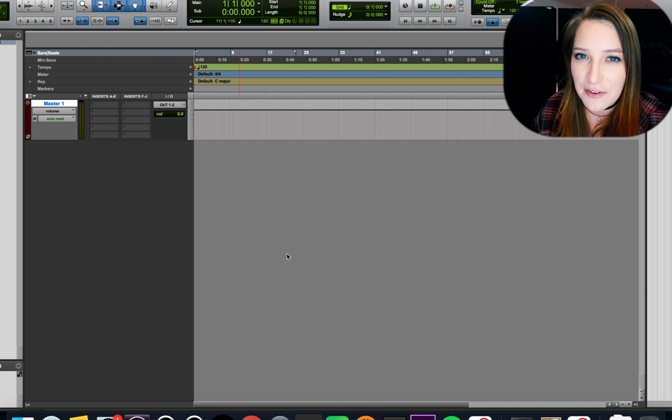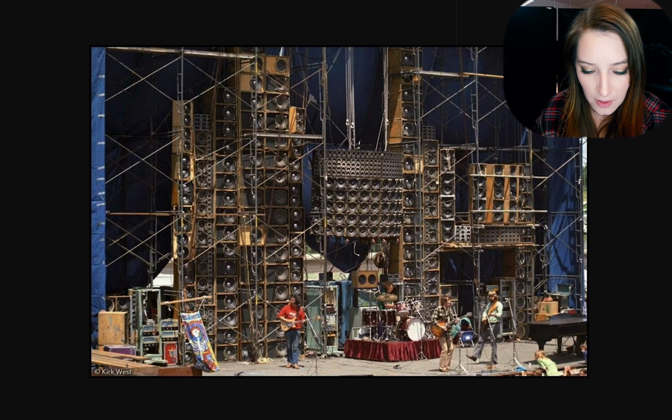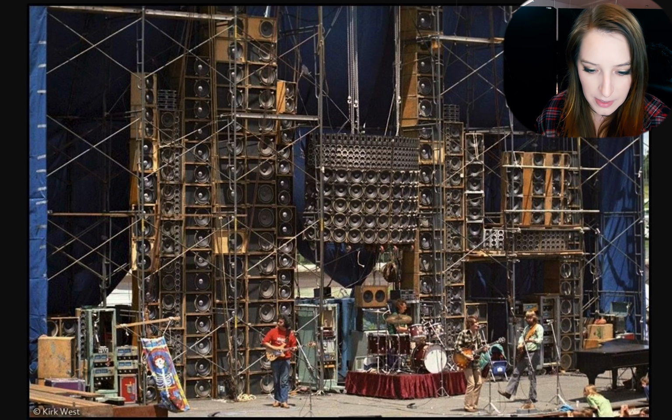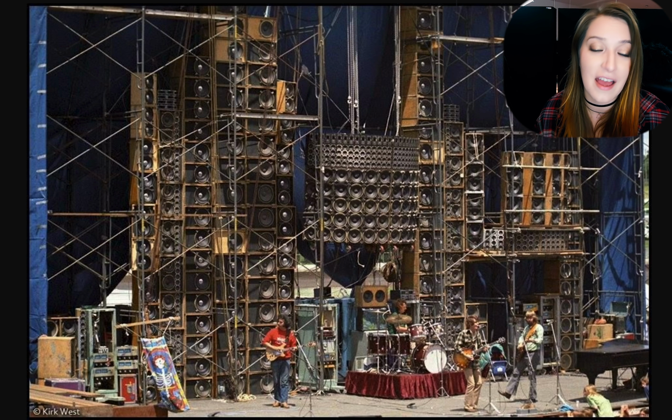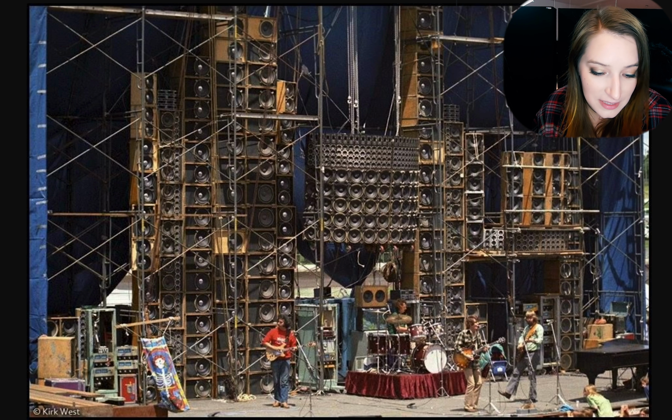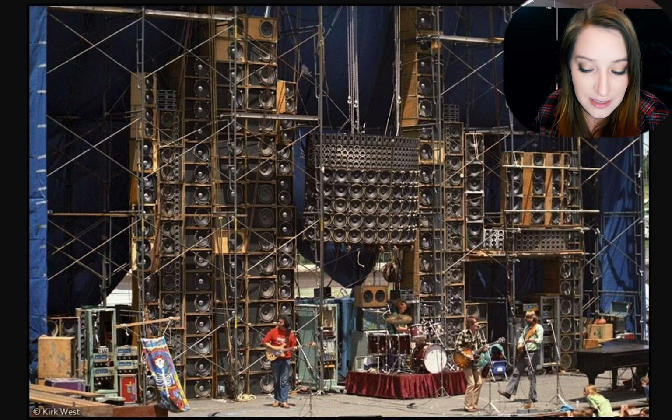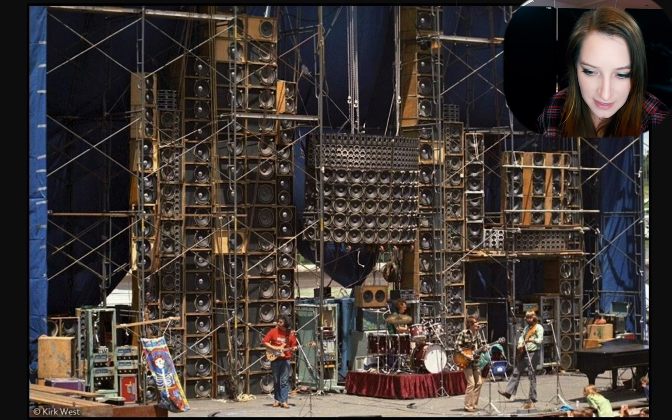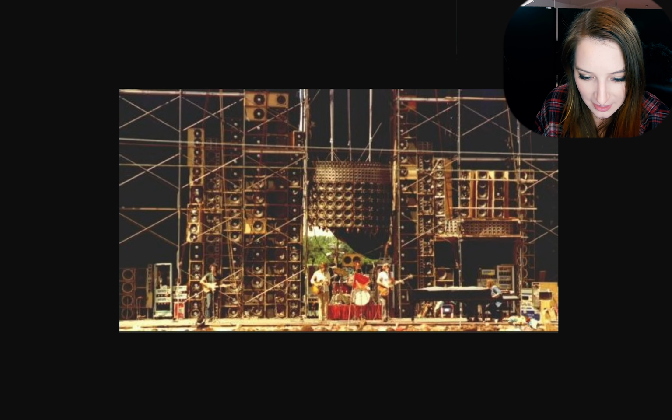If you think about it, it's a predecessor of the live sound arrays that we see today. So the Grateful Dead's Wall of Sound, this is what it looked like. Let's see if I can zoom in. It was this massive setup of a whole bunch of different speakers. This was really a new thing back then, and it's still kind of a new thing if you really think about it. But you can really see, looking at it, how it's a predecessor of the live sound arrays we have today.